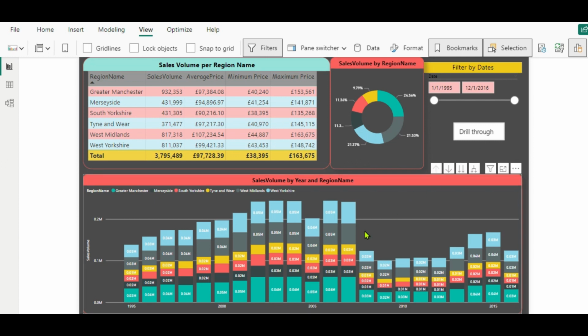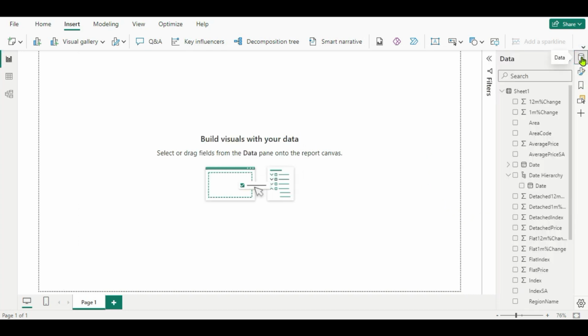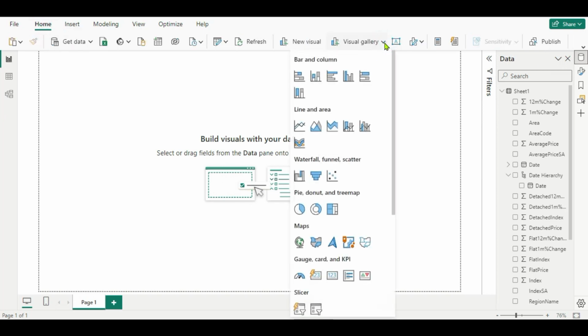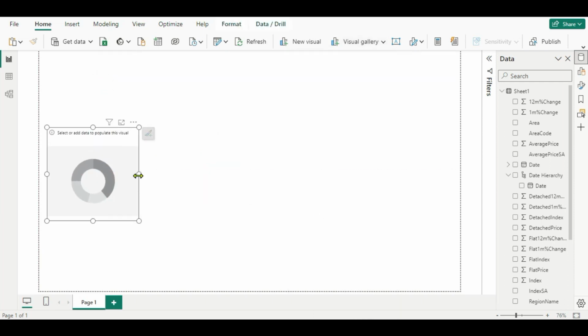Now let's see how we can do this in Power BI desktop. I have opened the Power BI desktop here. Let's create a report first. So this is our data. I have imported this data. Now let's create some visuals here in the home gallery. First we'll create a donut chart. Okay, so let's take the donut chart here